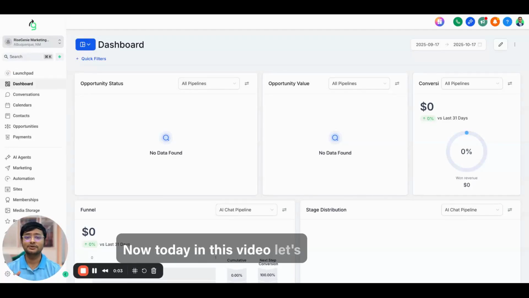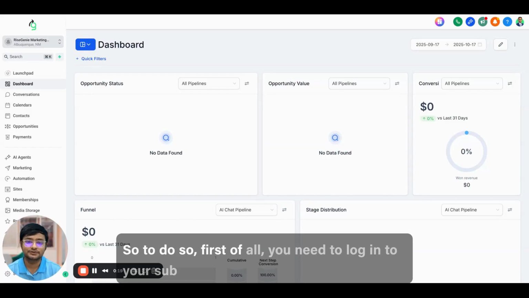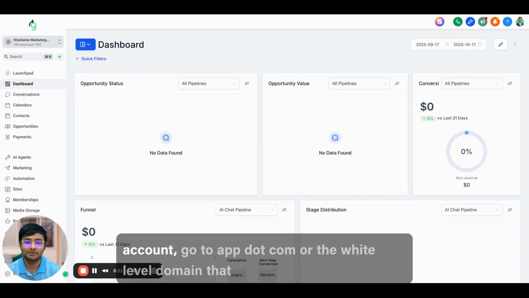Now, today in this video, let's explore how we can create native QR codes inside GoHighLevel sub accounts. GoHighLevel gives you the option to create your own QR codes inside the sub accounts. So, to do so, first of all, you need to log into your sub account, go to